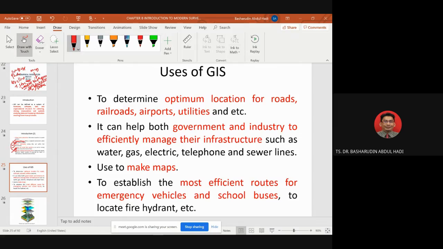And GIS is used to make maps. I will show you how satellites get maps, everything about maps. And then it is used to establish the most efficient routes for emergency vehicles and school buses, and to locate fire hydrants, etc. Wow. So emergency vehicles like ambulances, in the United States they have many lanes, so which lane should they take? For example, Waze will give you